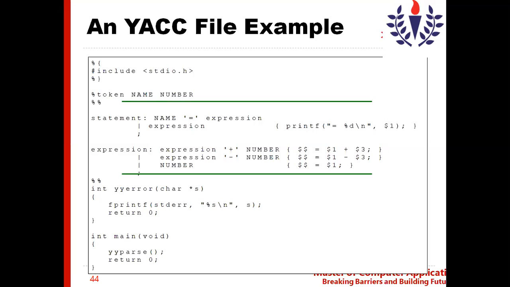So the grammar will have two parts. One is the LHS and another one is the RHS. In the LHS, we can have the non-terminal symbol. In the RHS, we can have the terminal symbol or the non-terminal symbol. In the non-terminal symbol, we can have the symbols you want to create. And in the right hand side of the rule, we can have either the non-terminal symbol or the terminal symbol.